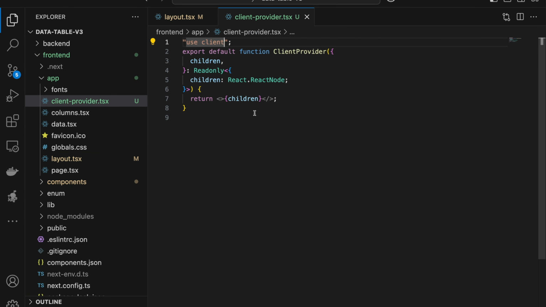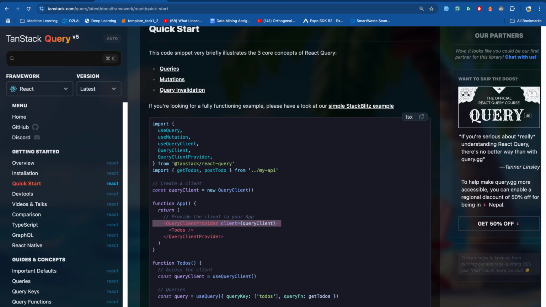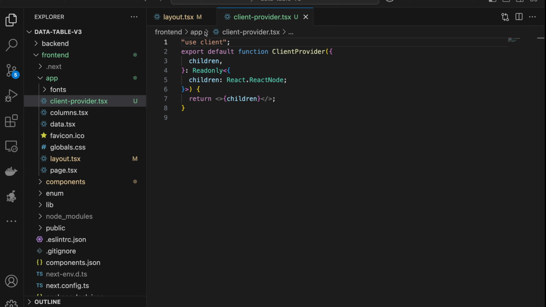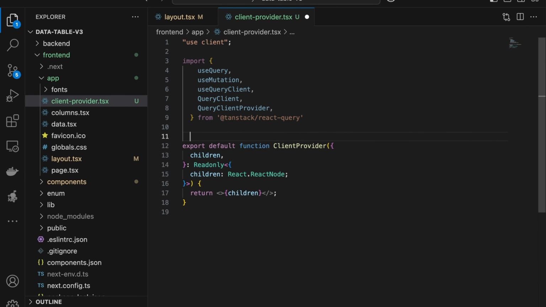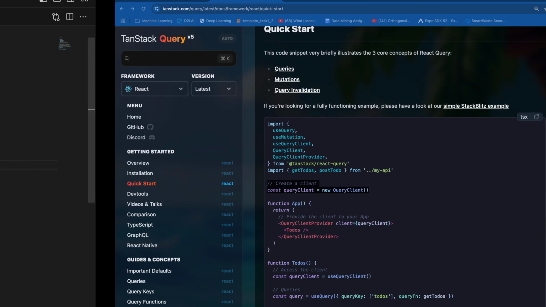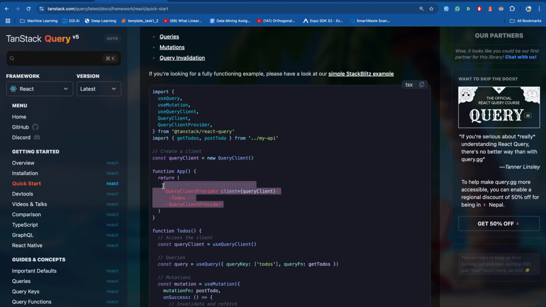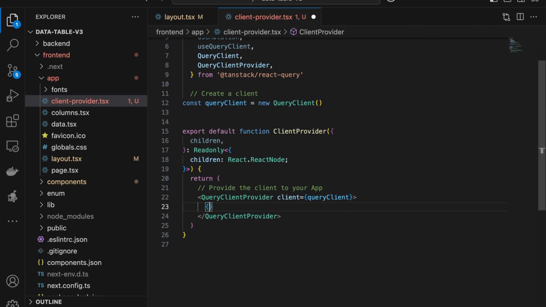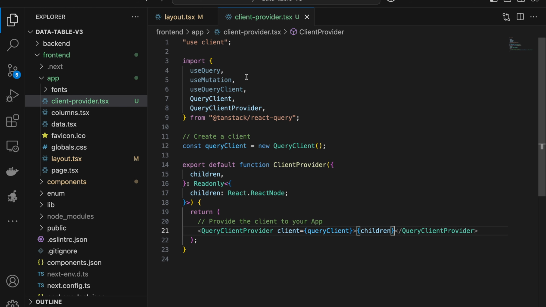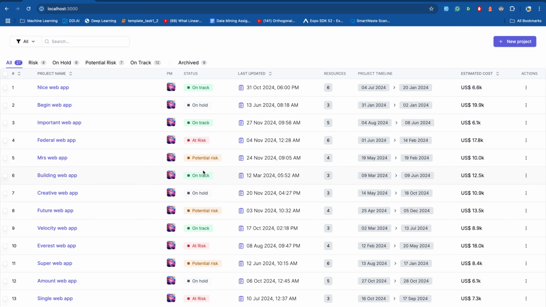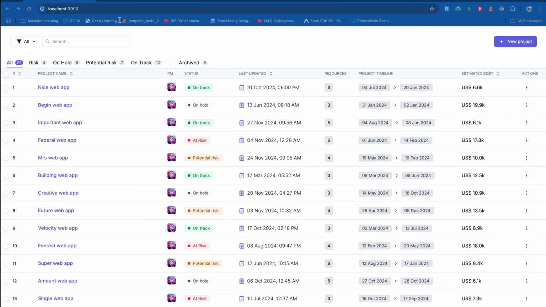Now, since we have a new client provider, we can head back to the docs for the Tanstack Query. I'll copy this, paste it here, and do a client creation and wrap my whole application with the Tanstack provider. So I'll return this, and instead of that I'll return my children, and I don't need the other thing. And if I save it, this is how we can do the setup for React Query